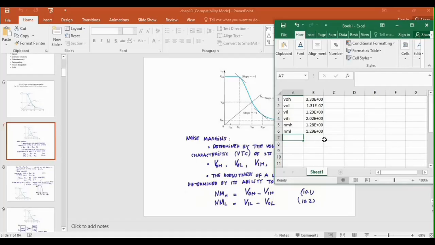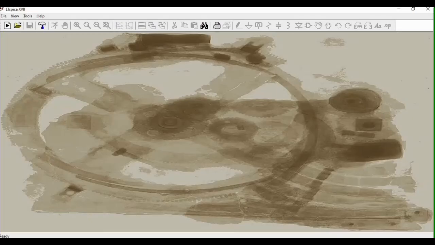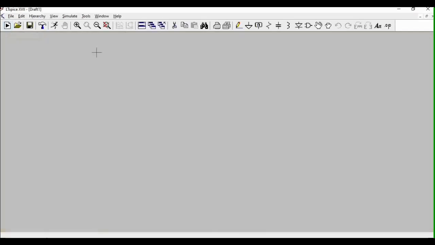So as an alternative, we could use LTSpice. So new schematic.